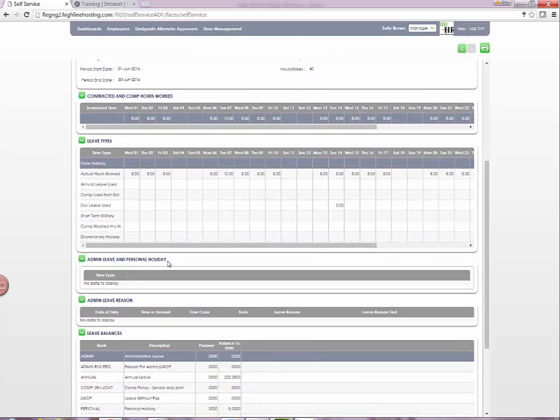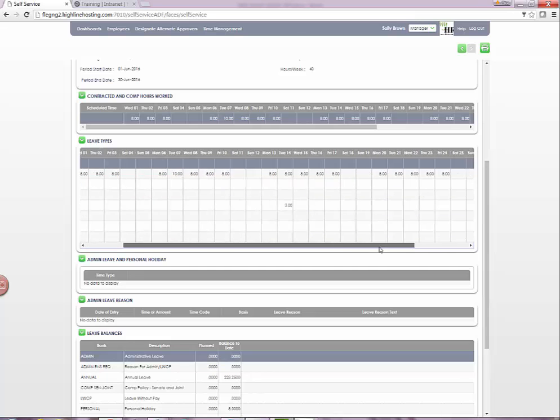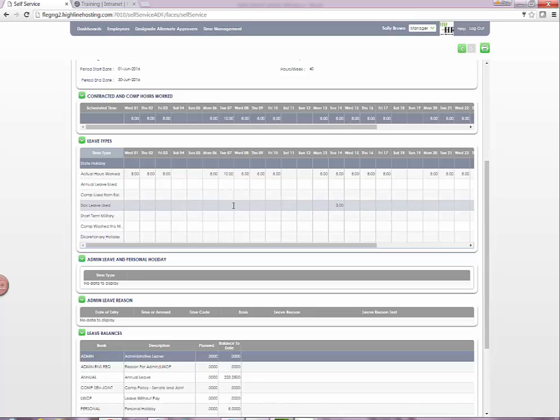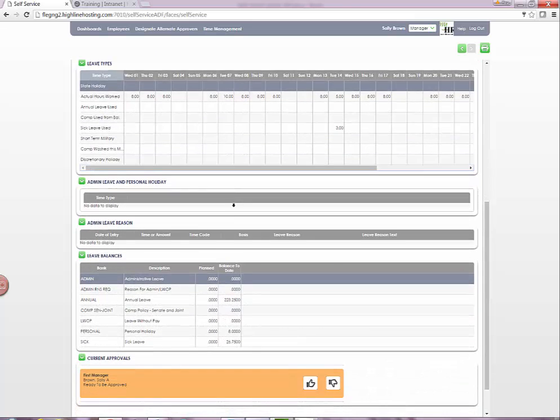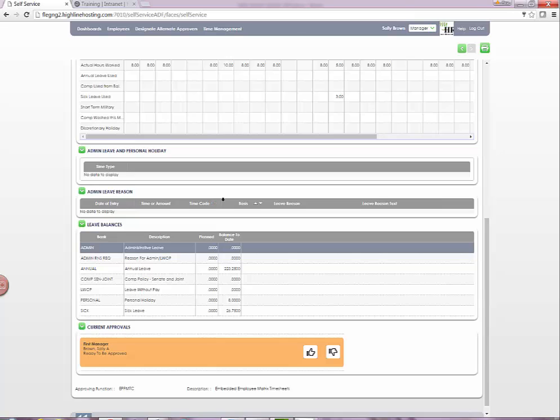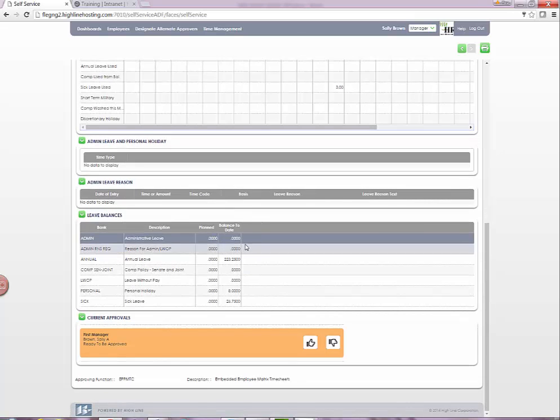Scroll down, and just like on your timesheet as an employee, you'll see the same contracted and comp hours worked. You can see this person worked an additional 2 hours and used 3 hours of sick leave. And that's the extent of the leave usage. No admin leave or personal holiday was used. And then here is the employee's list of leaves and the balances, which is handy to be able to see